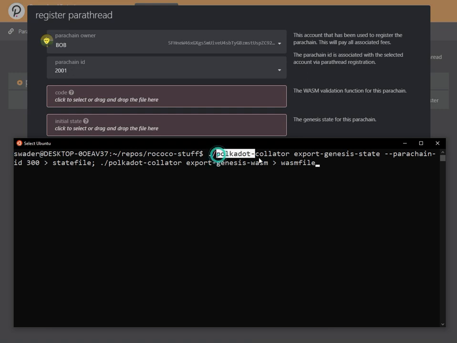So you will target your binary, then you will call the export genesis state function and provide the parachain ID, and this will be exported into a file we'll call the state file here. Then the next command is going to also call the binary that you have for your chain, and it's going to call the export genesis WASM, which exports the WASM validation function that you need to upload to the parathread dialog. So if we run this,